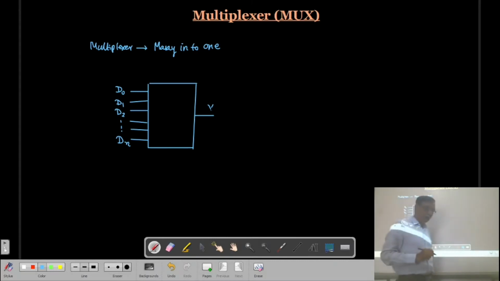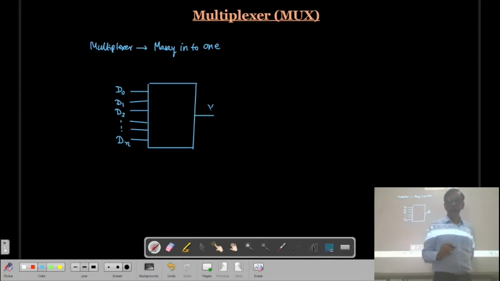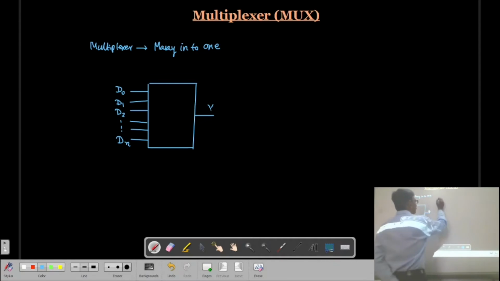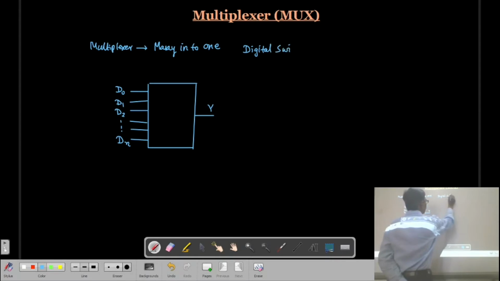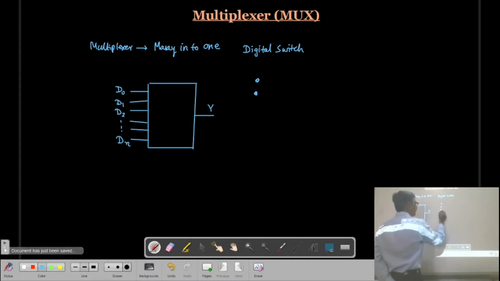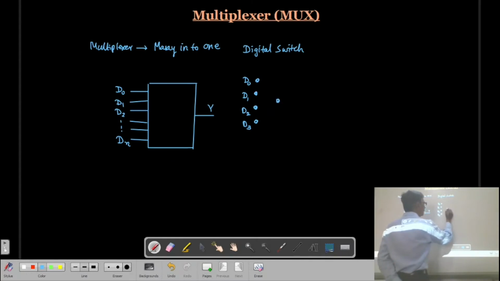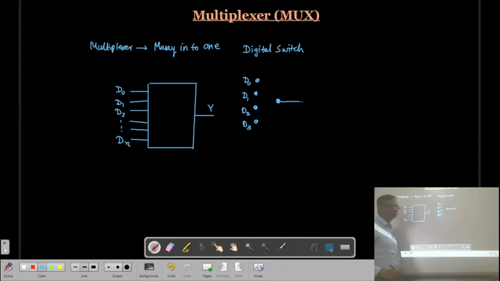This multiplexer is nothing but a kind of digital switch. Remember, it is a digital switch. Suppose we have 2-3 sources of data: D0, D1, D2, D3, and we have a kind of switch.